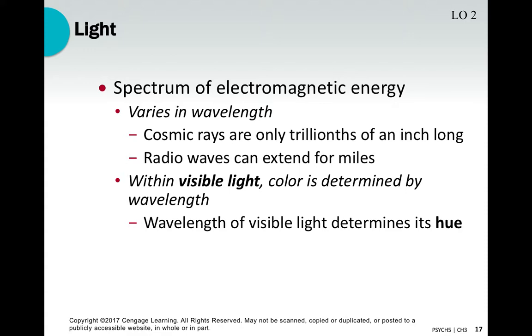But what we can see in terms of visible light is determined by certain properties of the wavelength itself. The size of the wavelength determines the hue. There are other properties, like the height of the wavelength and the length between the waves, that determine the intensity of color, like the brightness and the hue. So the actual physical shape of these wavelengths is what determines the different colors that we perceive with our eyes.